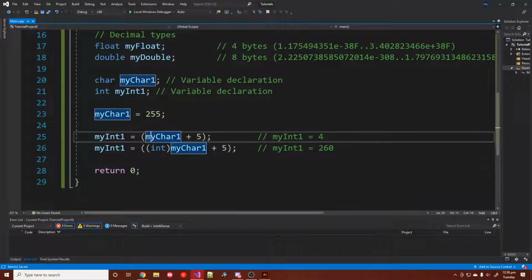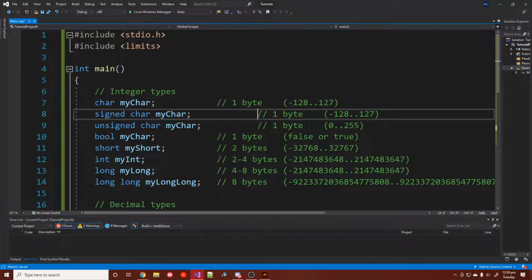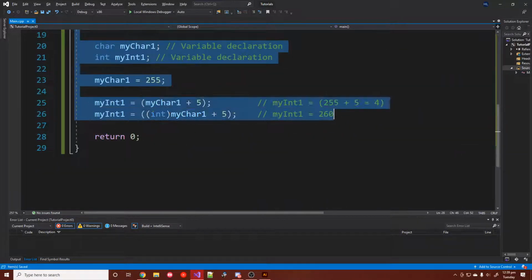So yeah, basically my char 255 plus 5 equals 4. And the reason for that, well, I guess that I haven't really explained wrapping around yet, have I? So, if we take away all of this,